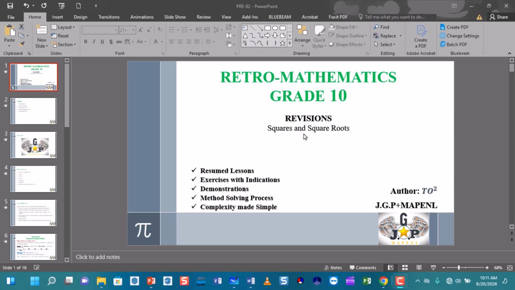So for today, we will be going through squares and square roots. We learn about square roots, how to calculate the square roots, how to be able to solve typically grade 10 different types of square roots. So probably why not advanced ones as well. So yeah, we're gonna cover